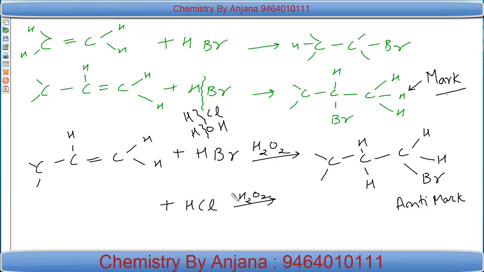अगर इन दोनों का combination मैंने ले लिया, I won't get anti-Markovnikov addition. Anti-Markovnikov addition HCl के साथ नहीं होगा, किसी और reagent के साथ नहीं होगा, it will be with only HBr and H2O2 in combination. H2O2 के साथ हम HCl ले लें, we won't be getting this anti-Markovnikov. So anti-Markovnikov addition product के लिए हमको क्या चाहिए? HBr with H2O2 attacking on double bond और any alkene। तो ये एक हमारे पास आया जो हम देख रहे हैं।